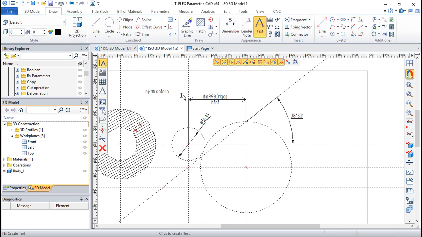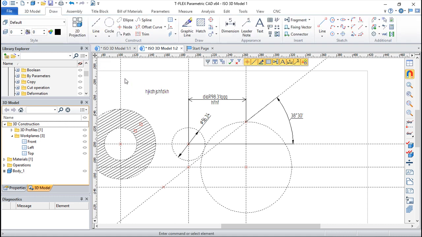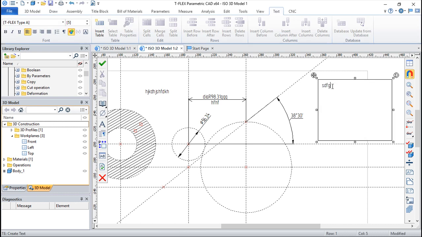The editing is also easy, because you just click on the element and you can edit it. Instead of a single text line, we can create a paragraph. So open it and then you can write down something. Basically it is the same, but